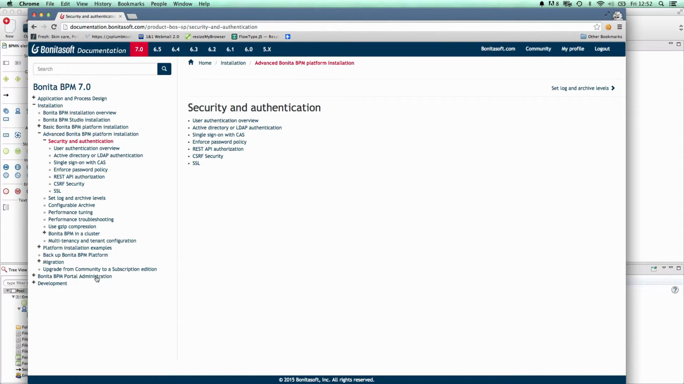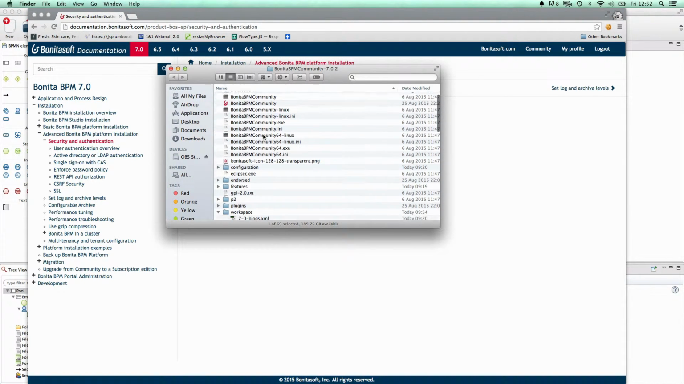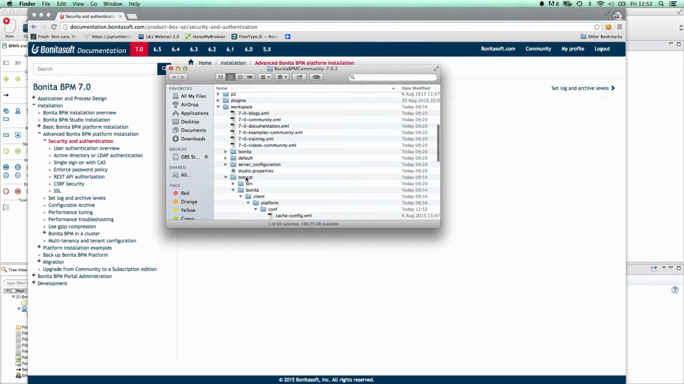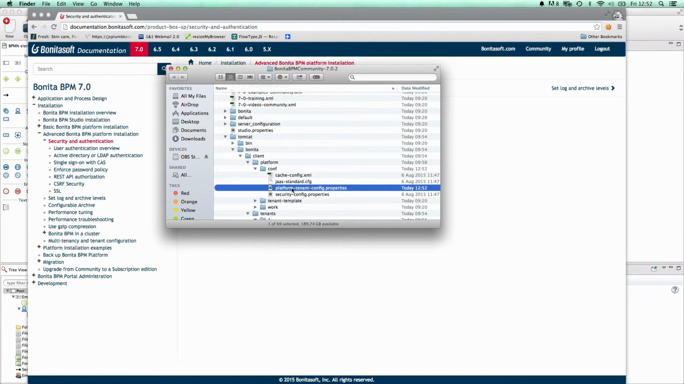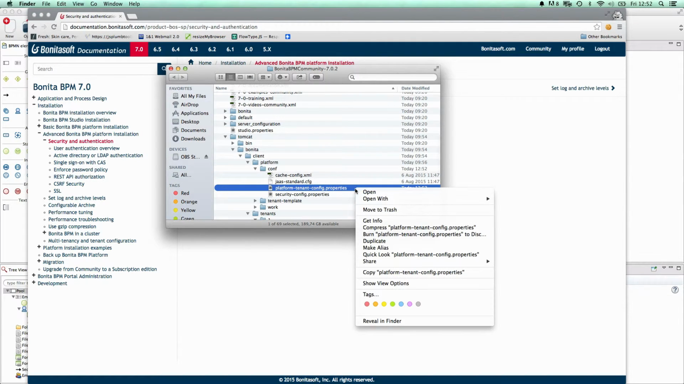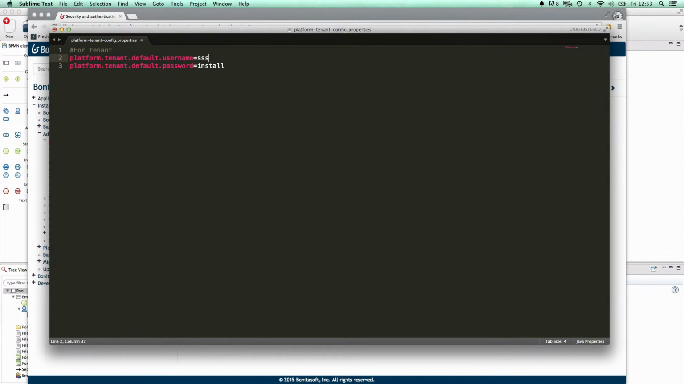In order to do that, you need to go under your Bonita BPM installation folder, under Workspace, Tomcat, Bonita, Client, Platform, Conf. In this folder you will have a file called platform tenant configuration.properties. You can edit it, and we can see that the default username and password for the tenant administrator are installed. So it's enough to change this file as you want for having